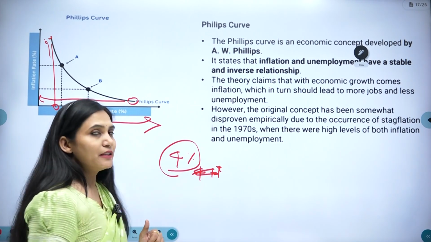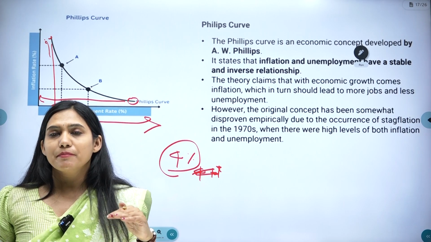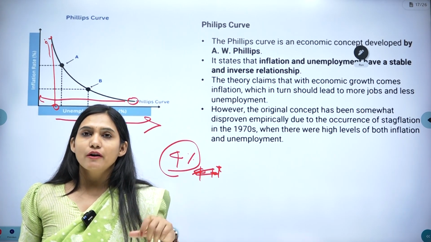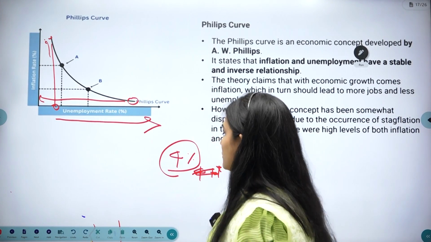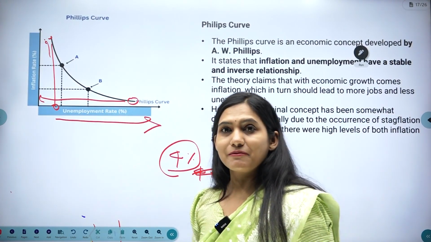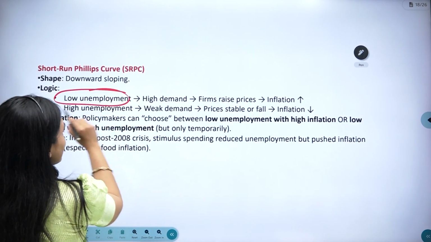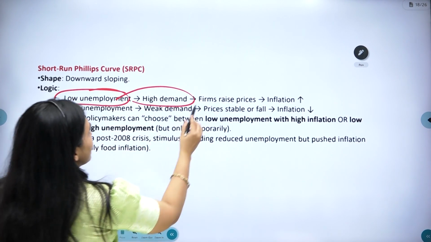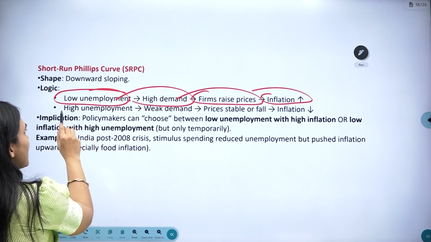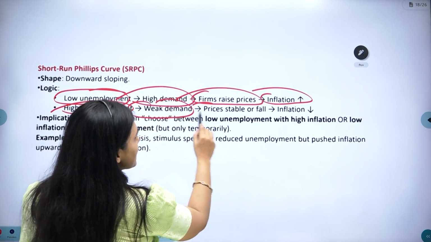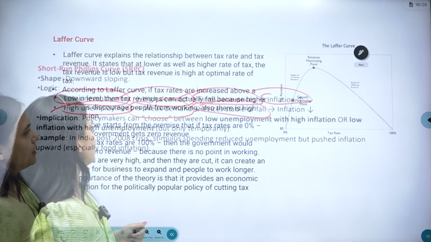Okay, and if the inflation is much lesser, then also people won't have motive, or else there won't be much investment. Okay, so that's why this Phillips curve is really important. Yes, you can see here that low unemployment leads to high demand, leads to firms raising prices, leads to inflation. Okay, then high unemployment leads to weak demand, prices stable or fall, and it will lead to lesser inflation. Okay, then again,